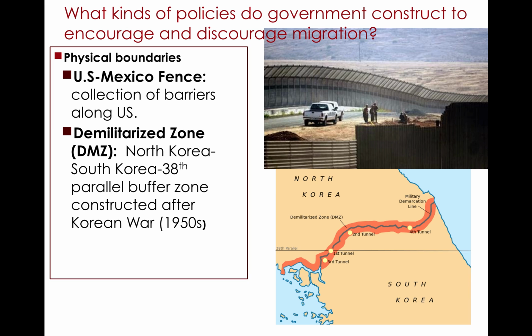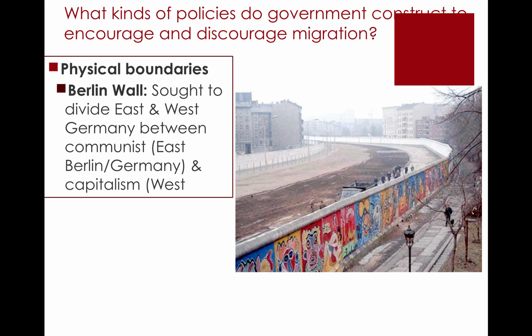There's also a similar example of that in the demilitarized zone, which is known as the DMZ, between North Korea and South Korea. The Korean Peninsula went to war, and this would be considered a civil war at the time when they were all under the same rule. At the conclusion of the war, the country was divided along the 38th parallel. You can see that line there in the bottom right-hand map. And there's now currently a buffer zone, the demilitarized zone, that is designed, of course, to prevent anyone from escaping the oppressive rule in North Korea down to South Korea. So that's another example of a physical boundary that would discourage migration.